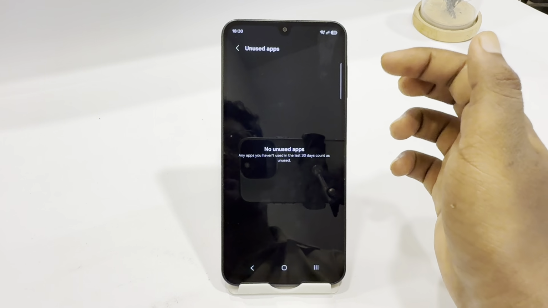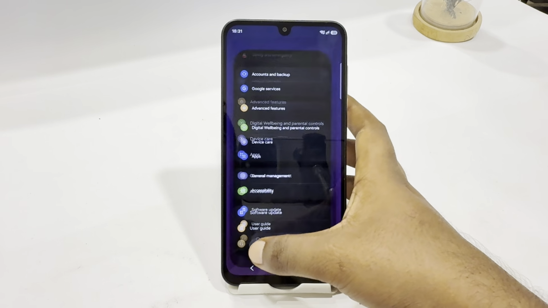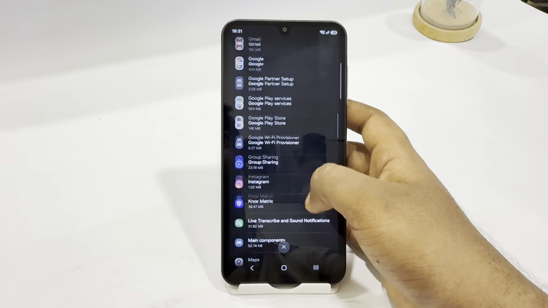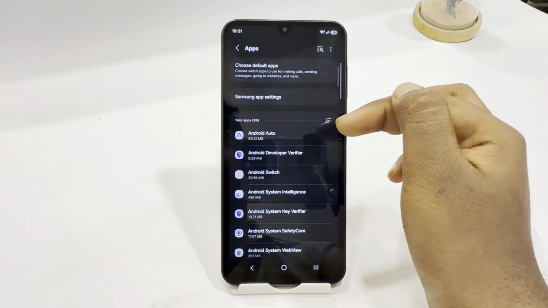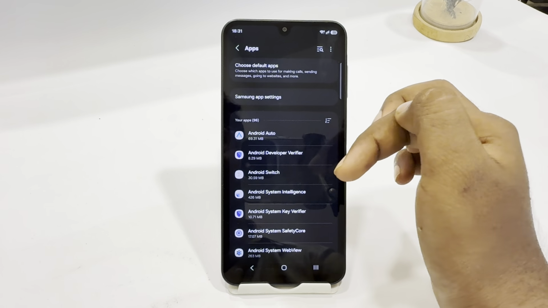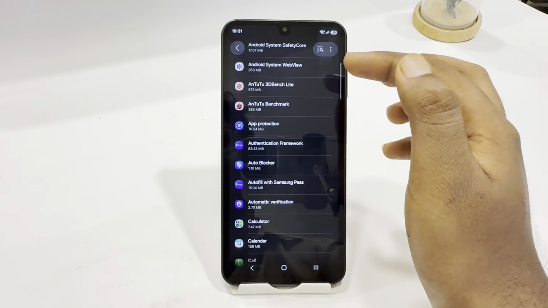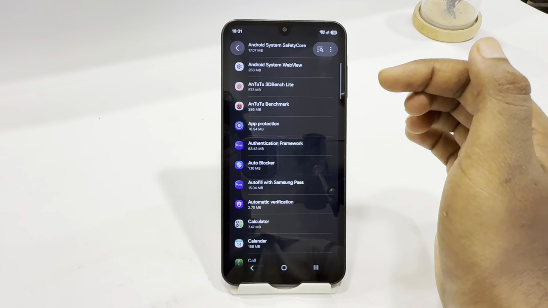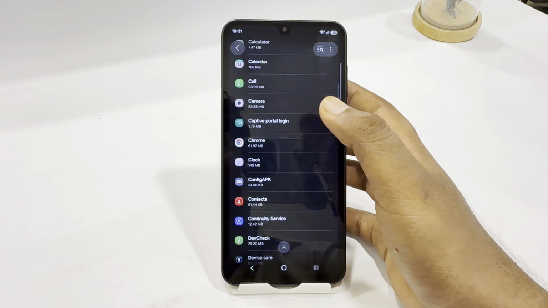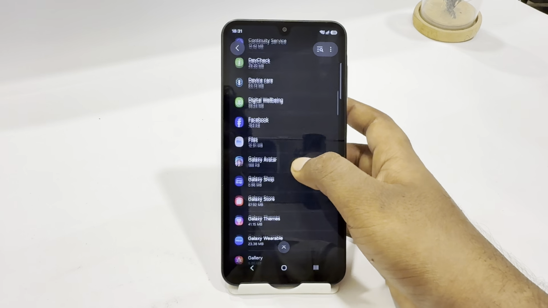Your phone will suggest unused apps you can delete, but you can also go back to the main settings, go to Apps, and here you'll see all the installed apps on your phone. You have to make sure that you don't try to uninstall any system app, like Android Auto, Android Search, or any system app here. But you can delete your downloaded apps. If you have downloaded and installed any app, you can uninstall it, like this one. And there's a Chrome app, you can also try to delete this one. There's this app and this game,